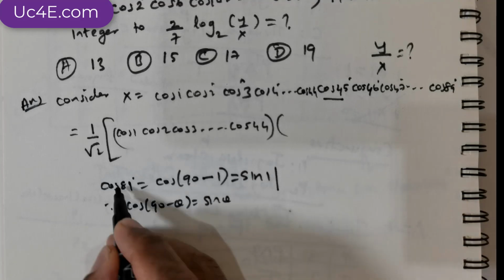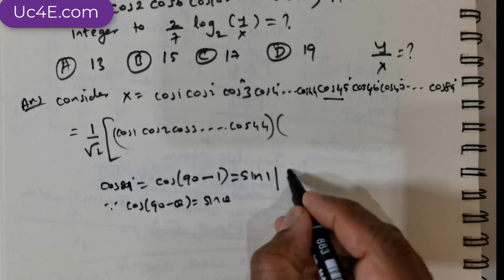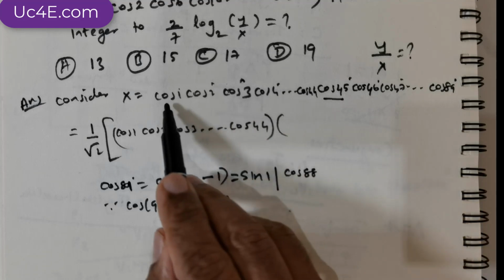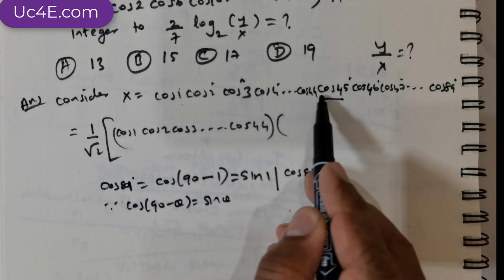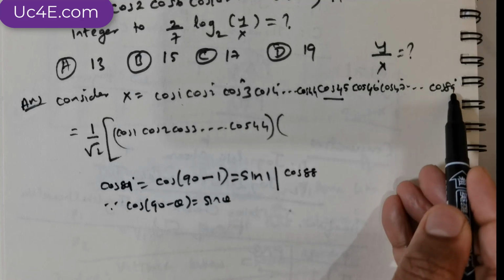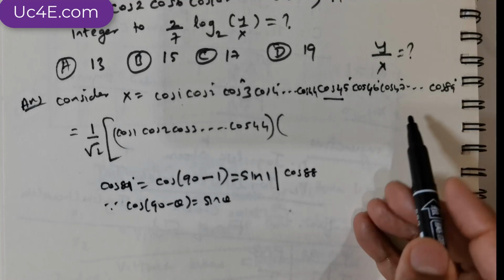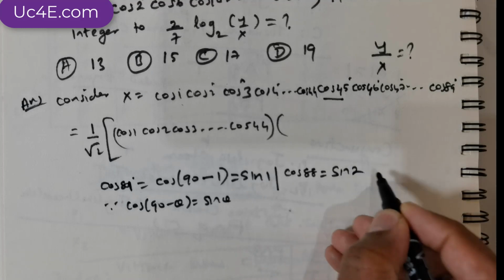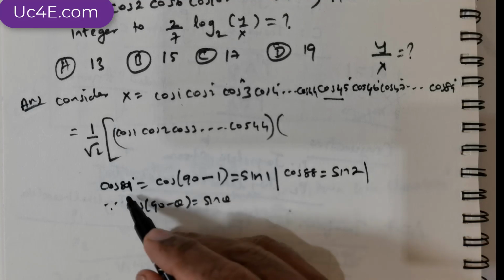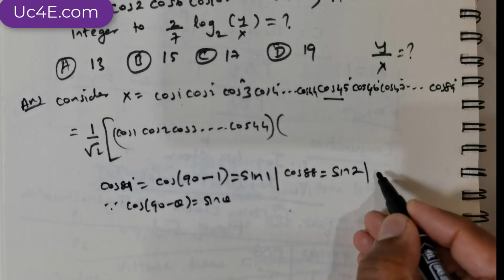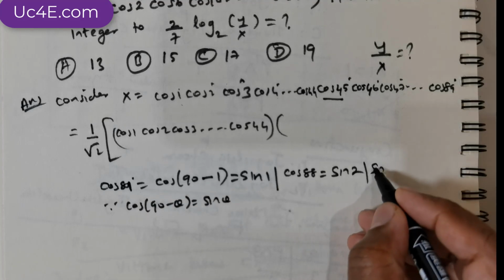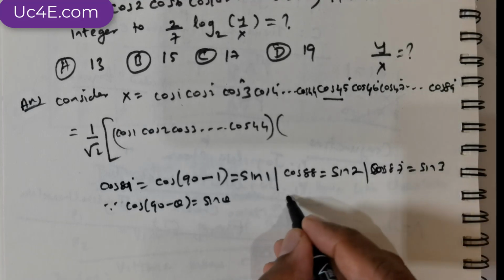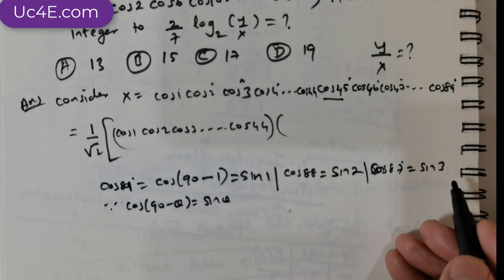Now similarly, this is for cos 89, right? Similarly, if you were to consider cos 88, because the degrees are cos 1, 2, 3, 4, 5, 6, going on all the way up to 89, the degree before 89 is going to be cos 88. So cos 88 is going to be sine 2, because cos 89 is sine 1, cos 88 is sine 2, and cos 87 is going to be equal to sine 3. And if we were to go up all the way,